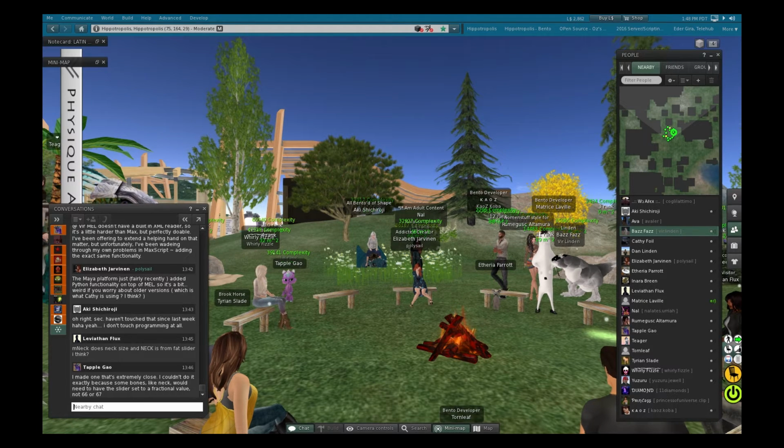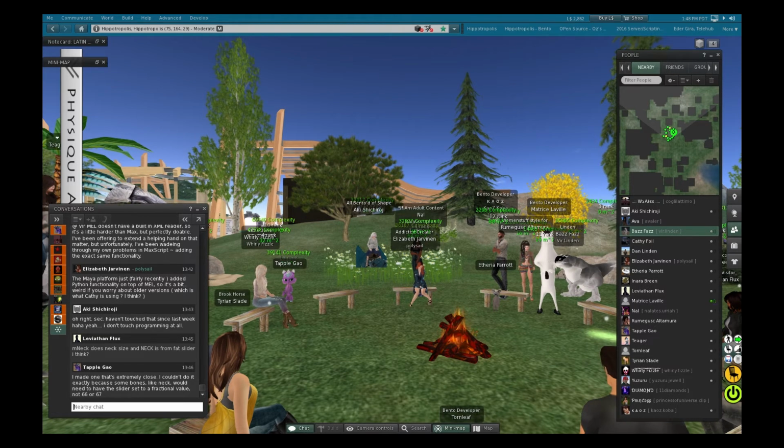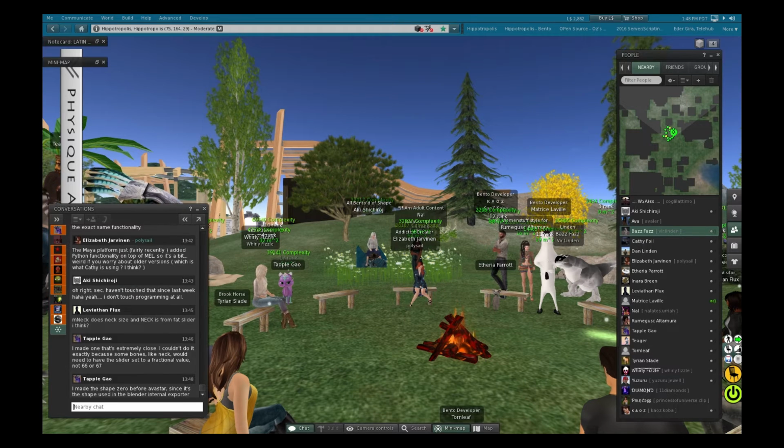When you create a new default shape in Second Life, the shape values are used like they are defined in the skeleton, in avatar_skeleton.xml, and those values are not directly mappable to integer values.